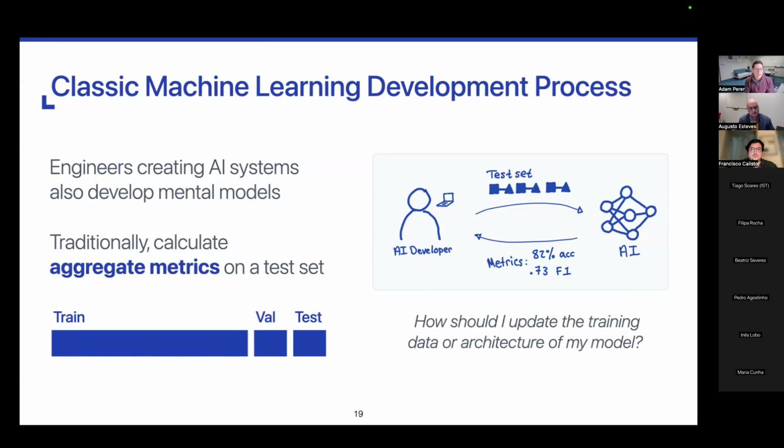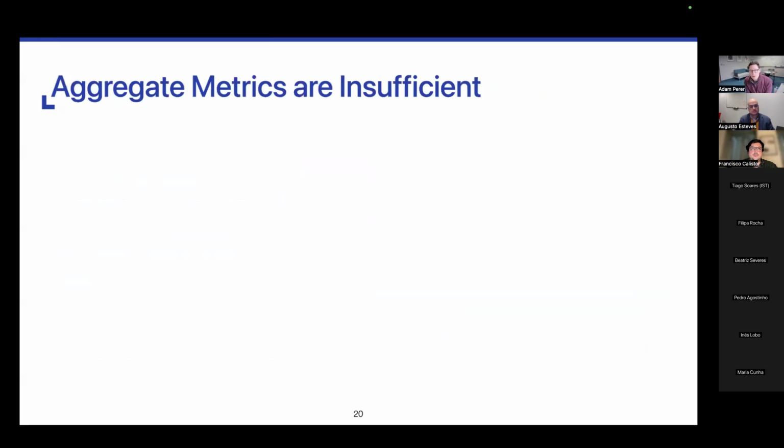So basically, you train it on a bunch of data, hold out some data as your test set, and then you see how well it performs on that test set, right? That's typically how machine learning models are evaluated at scale. However, if you have one takeaway from this talk today, it's that